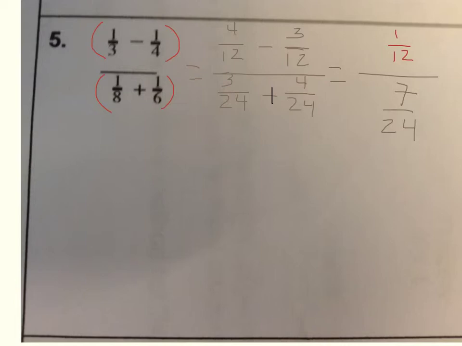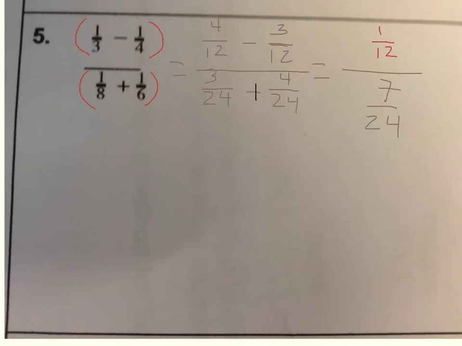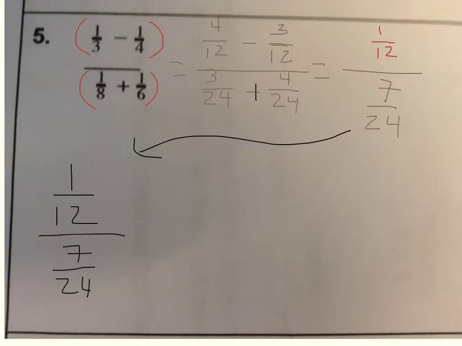Now I'm going to rewrite that down here. Let's try this again. I want to rewrite it down here, 1/12 divided by 7/24. So I know that I was able to group my numerator and my denominator of this fraction bar. So I also know that this fraction bar right here is equal to division. So instead of dividing 1/12 by 7/24, I know that instead of dividing fractions, I can also multiply by the reciprocal. So I'm going to rewrite this as 1/12 times not 7/24, but